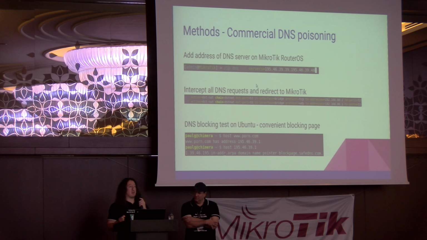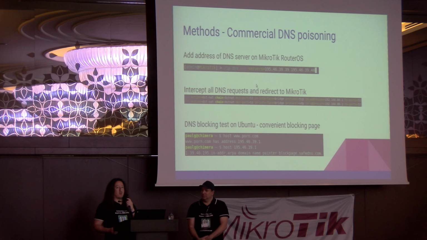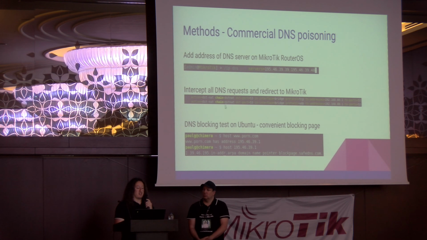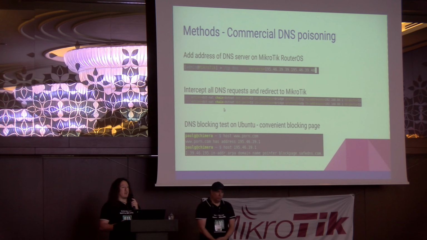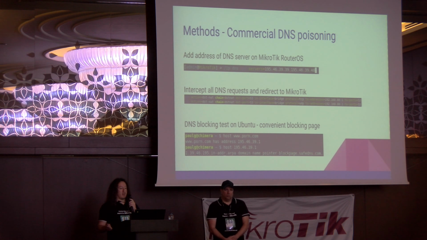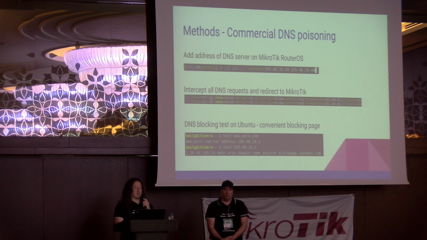And just for an extra layer of security, people get smart. Now, I know my Mikrotik blocks inappropriate content because it's got DNS poisoning. So I just add different DNS servers on my laptop to overcome this. So a next level of defense is we add firewall rules to redirect all DNS requests to the Mikrotik. So you can see there, we've just added a quick rule that says any destination traffic on UDP and TCP for port 53, redirect to your Mikrotik's IP address. So now if somebody gets clever, they try to bypass the DNS filtering, you intercept them. And you can see quickly over there,